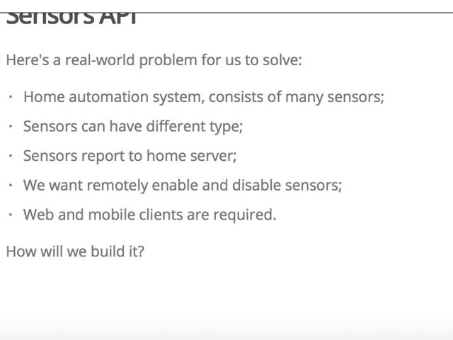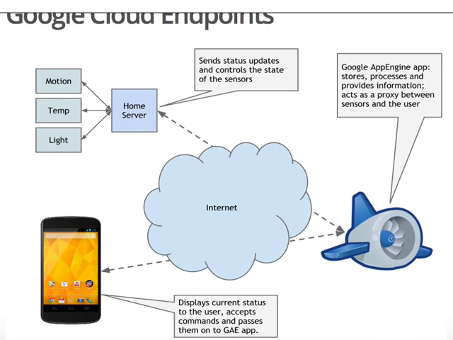And another thing came into my mind: when I first started doing this web controlling thingy, I started with that horrible-looking web service API, when I had a couple of servlets, one for creating a new sensor, one for listing sensors, one for deleting, one for enabling, one for disabling. So pretty much the worst possible way you can do this. And then I just realized it can work to a mutual benefit. I can switch my project to Cloud Endpoints. It can be much more simple, and I can use it as a fine example for you guys. So that's basically what we have, and that's how it's going to work.